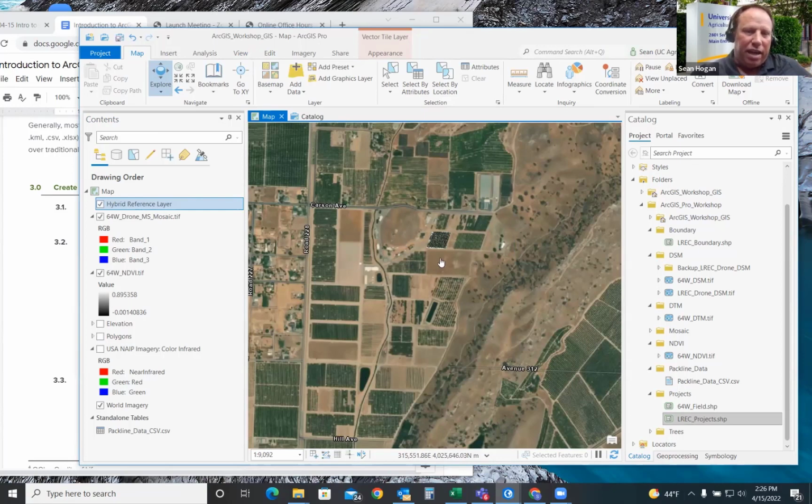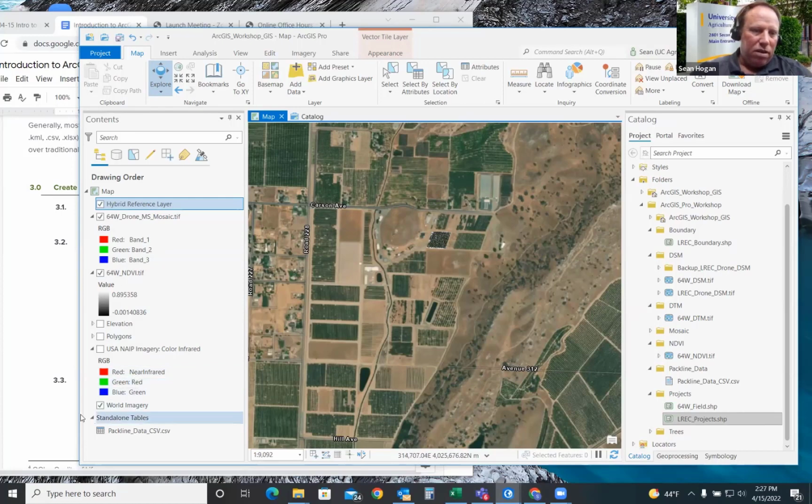You need to bring something in like the NAIP imagery if you want to, say, clip your data and then make products from that. Just want to show these as different options. If that was a little bit quick, that's not a worry. We won't be needing that for the rest of the exercise, but I feel it's important to know the differences between those downloaded image layers as opposed to your base map layers, and to know that you can get to those image layers via the Living Atlas or the next data set via ArcGIS Online.